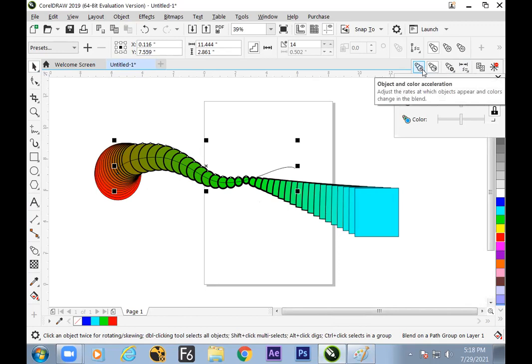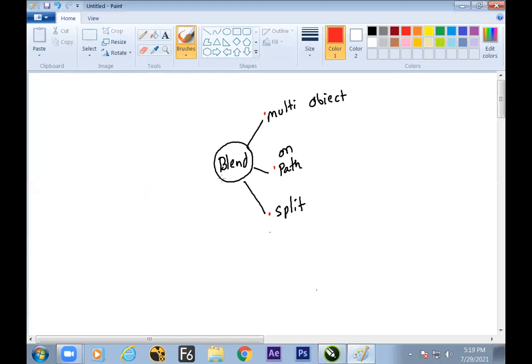Now acceleration, you already learned in the last session: color acceleration and object acceleration. Which option did we use it in? Contour. Inside the contour, we went through a process called acceleration. Am I right?